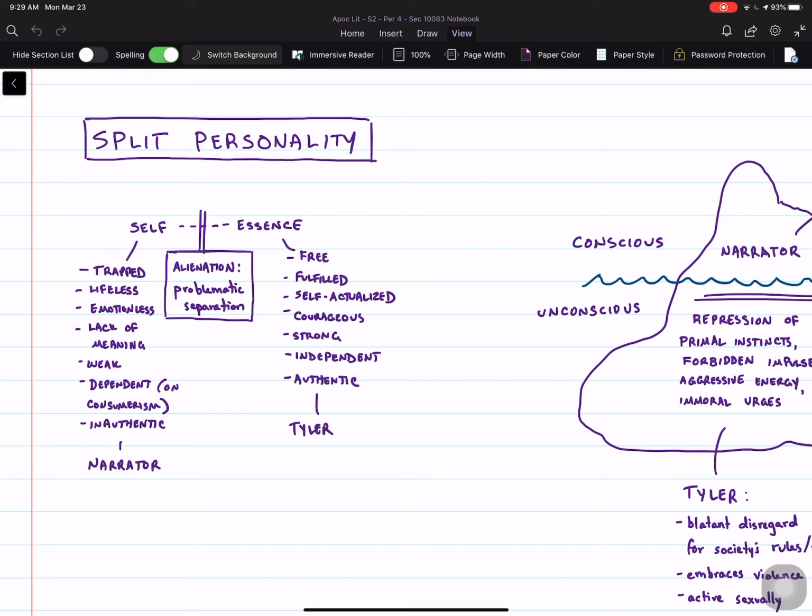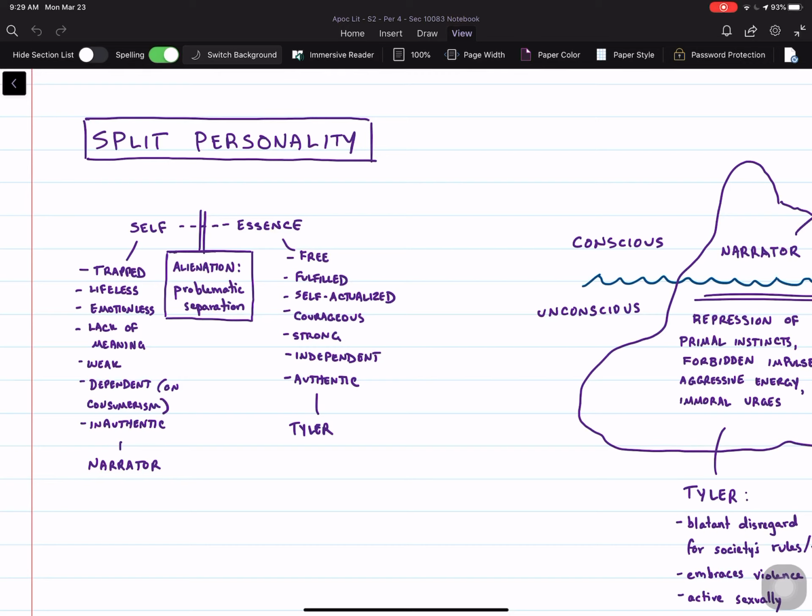So, split personality. These are kind of oversimplified versions of the two theories that we've been talking about: alienation on the left, repression theory on the right. Let's take a look at how this all plays out. So in my mind, if alienation was about the problematic separation between yourself and some deeper, more authentic essence, and we discuss the implications of that within a world where our labor does not belong to us, where the products that we buy are disconnected from our communities and from our own labor, so on and so forth,